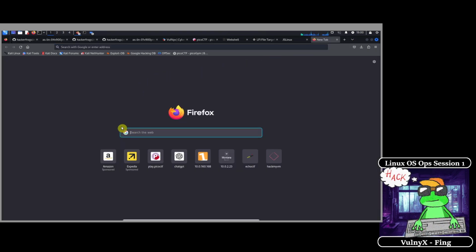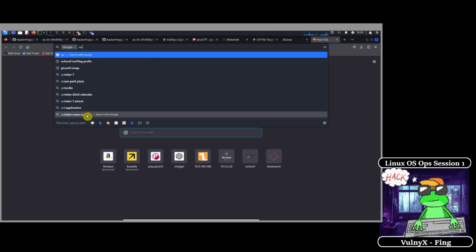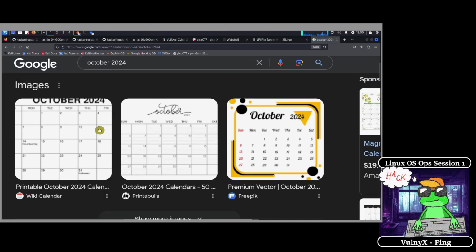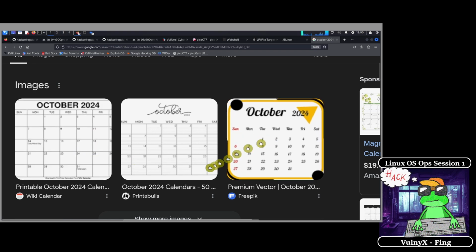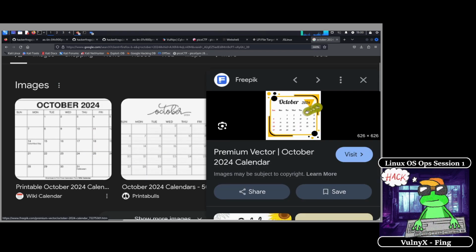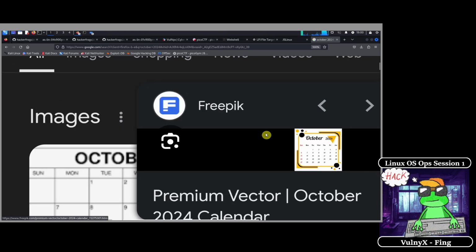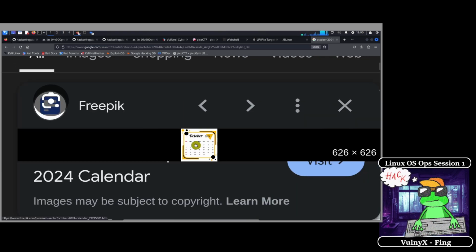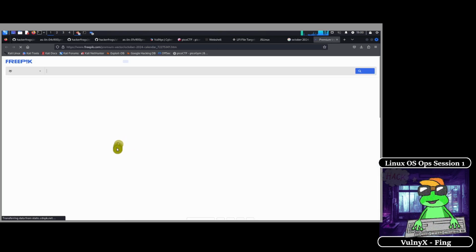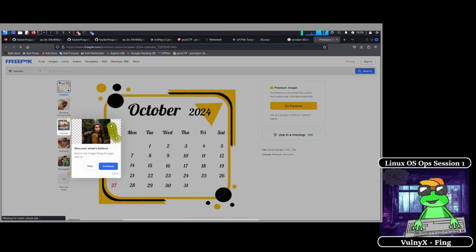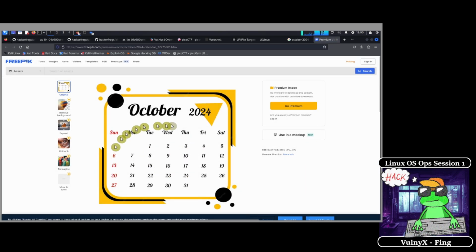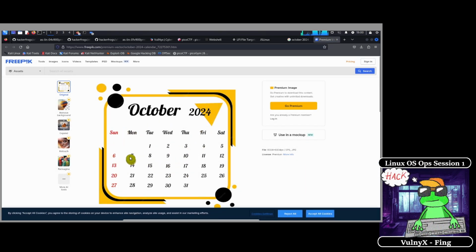I can probably just look up October 2024. Okay, so today is the 7th, and the next session is going to be on the 9th, on Wednesday. We're going to be here at the same time.